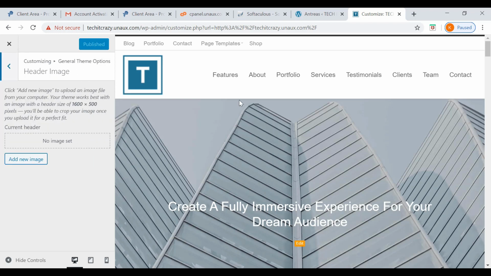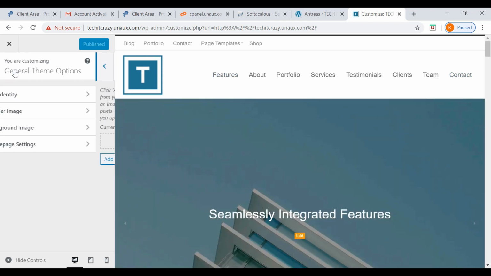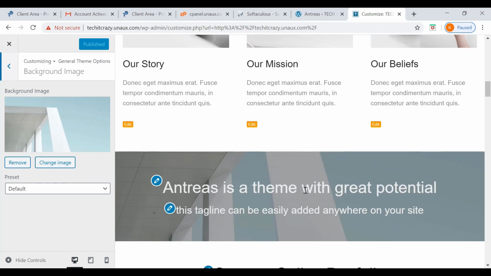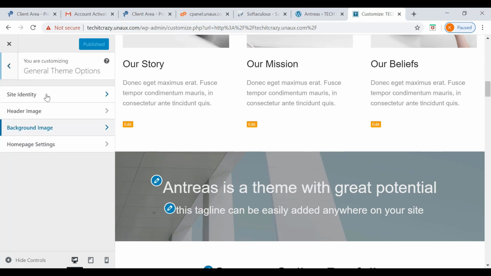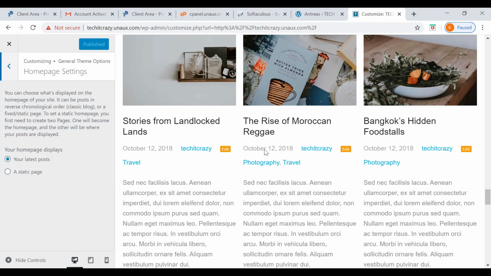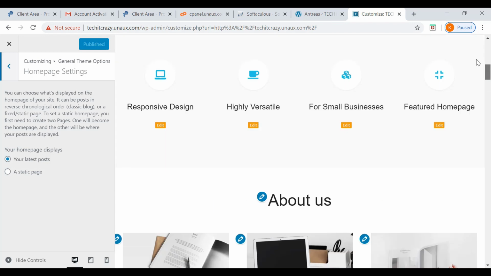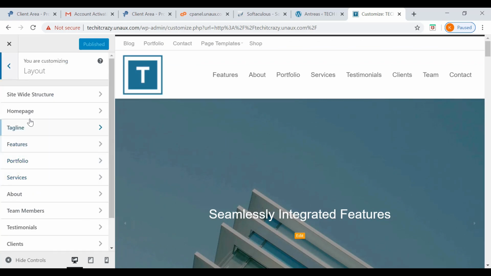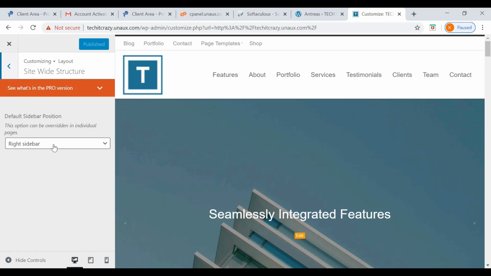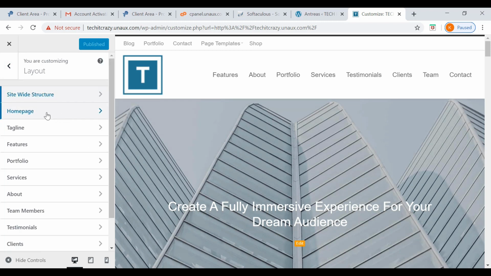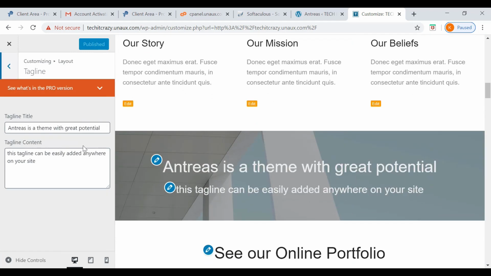Now I'm just observing what other features are given, like all the background details, everything. If you want to change anything, you can change it. Otherwise you can just keep this one if you like it. Like it is asking what the blog preferences are, everything. If you want to change the layout also, you can do that. So I'm just showing you what default values have already been placed for this theme. If you want to change, you can do that.